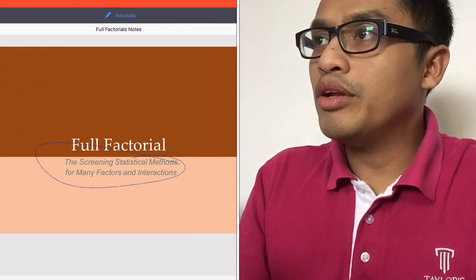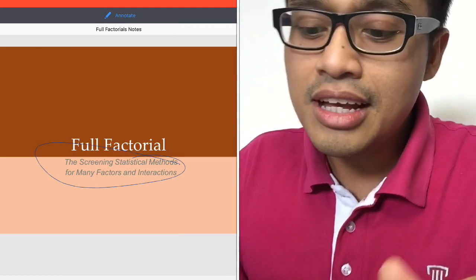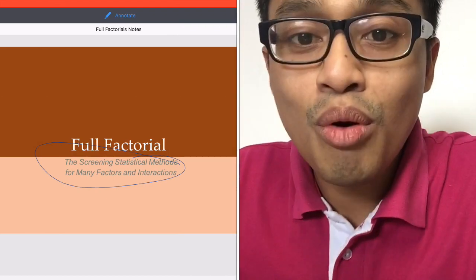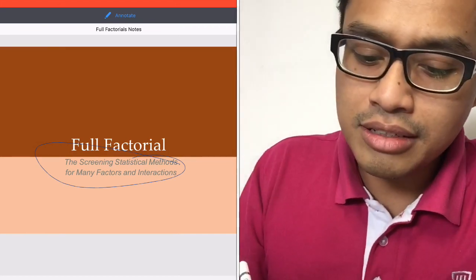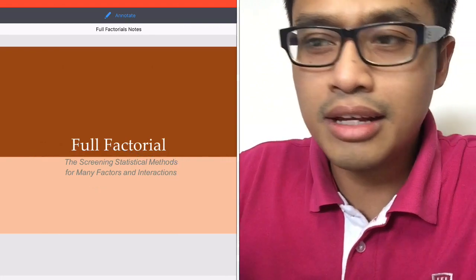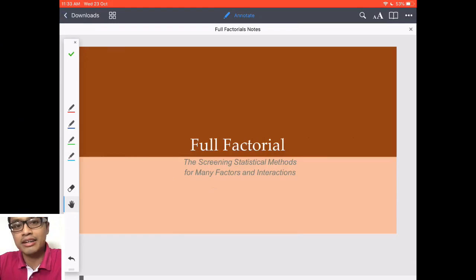Now we have talked about one way, which has one factor, and two way, which has two factors. What happens if you have more than two factors? It's going to be a hassle to calculate three ways, four ways and five ways by hand. You can use special software like Design Expert or SPSS from IBM. But because we are dealing with exams and you must calculate by hand, so I'm teaching you now full